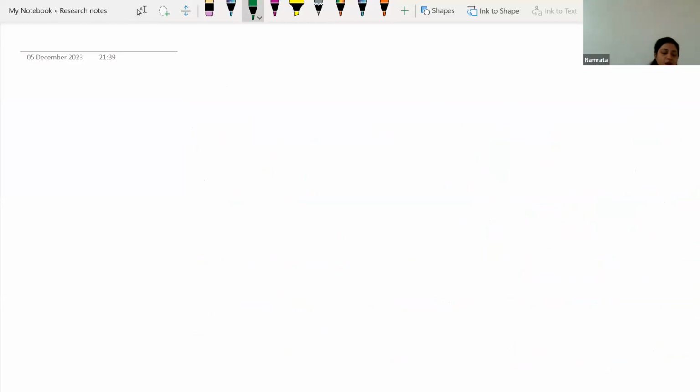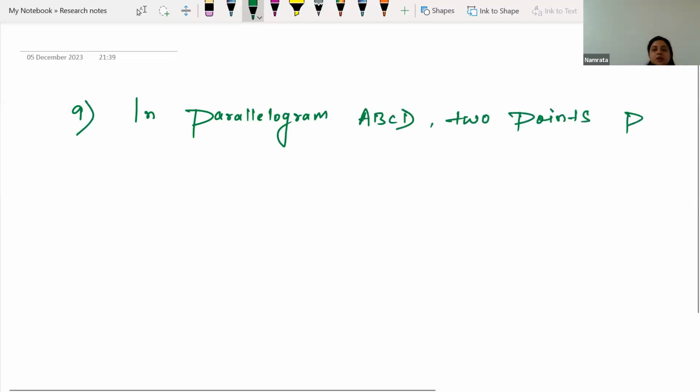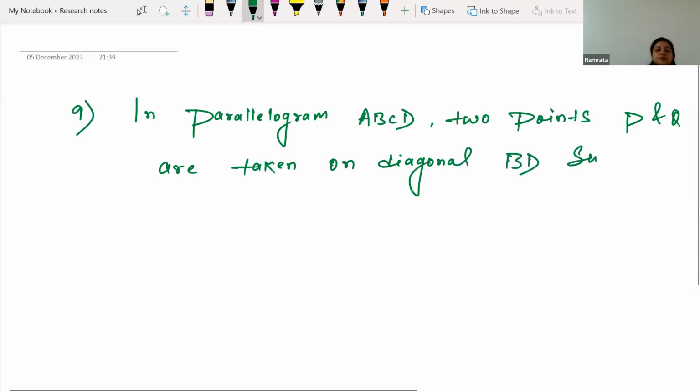Okay, let's start with question number 9. Here the question says in parallelogram ABCD, 2 points P and Q are taken on diagonal BD such that DP is equals to BQ. Show that